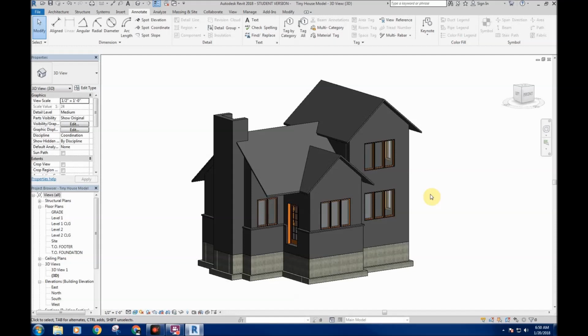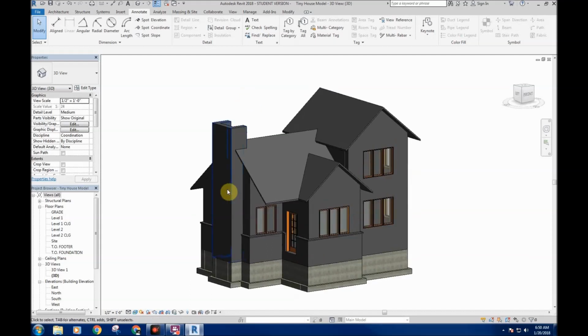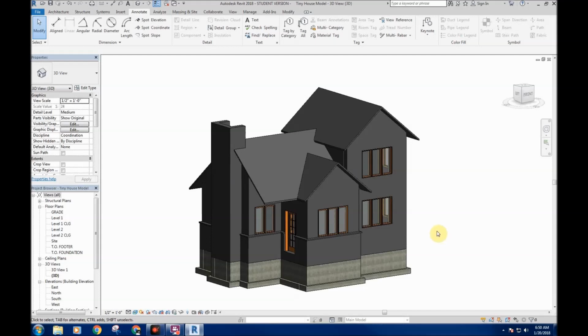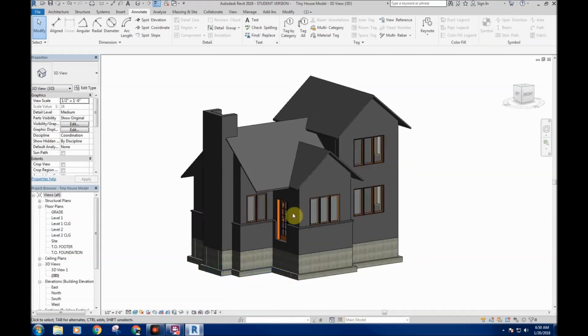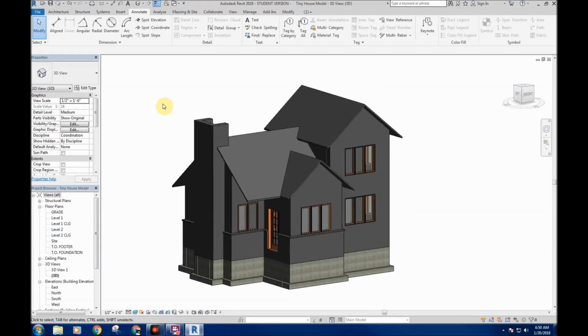Okay, so we're going to continue on with our little small house here that we've been going through step by step. The next step that I'm going to go through is soffits and fascia, and then little trim details, that sort of thing, and getting little details in the exterior formwork here. There's a couple different ways that we can go about putting fascia and soffits and that sort of stuff